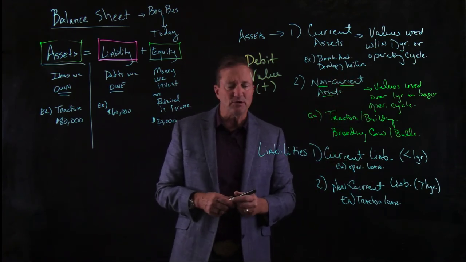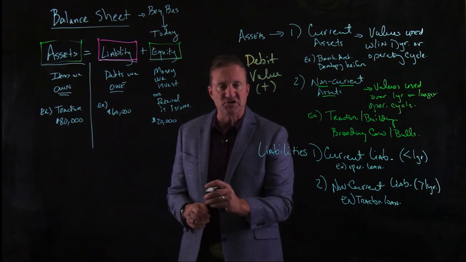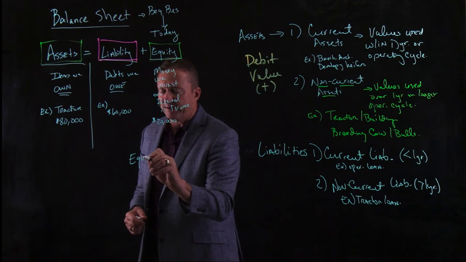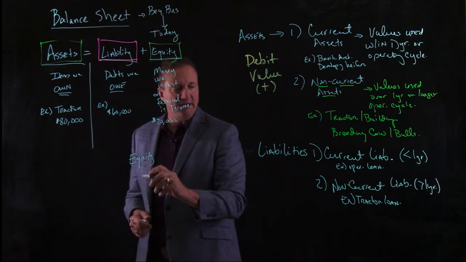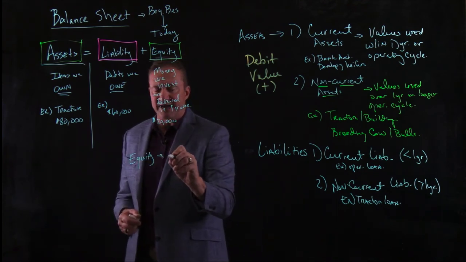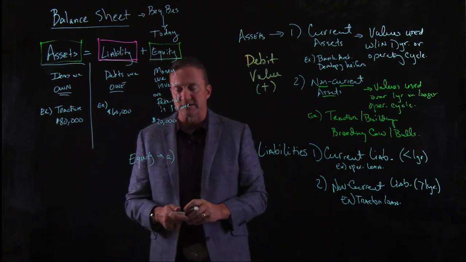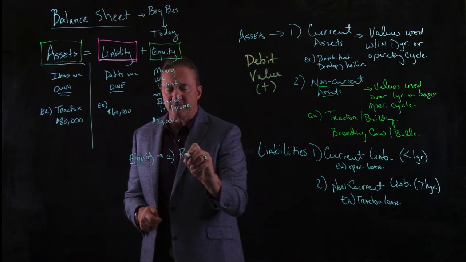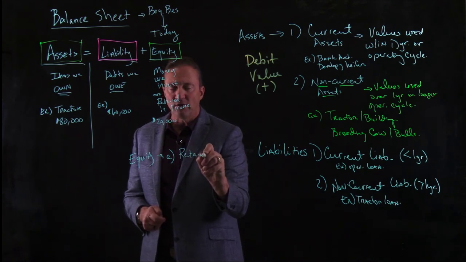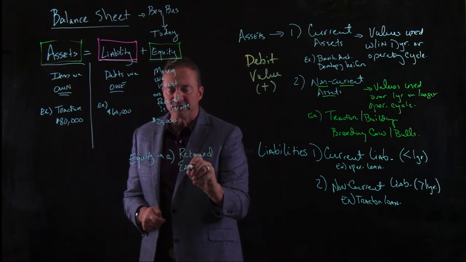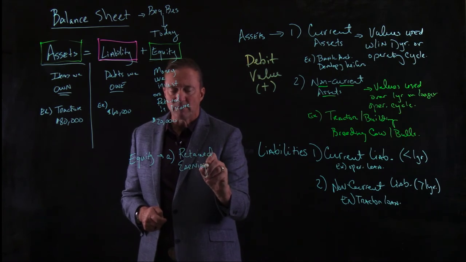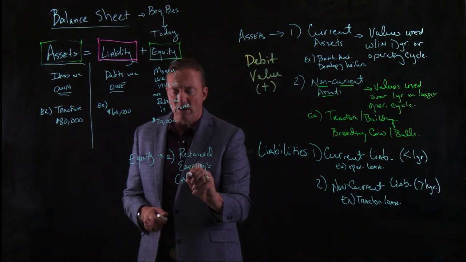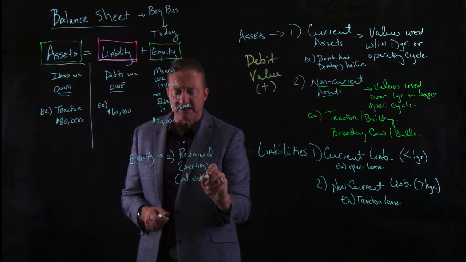Okay, and the last one, I'm going to make a little room. I'm going to shift over here. You keep going in your notes. The last one I want to talk about is equity. Now, equity has two subcategories. I'm going to label that as an A and a B. The first category is the main one, and it is called retained earnings. Retained earnings is going to be all of our net income,